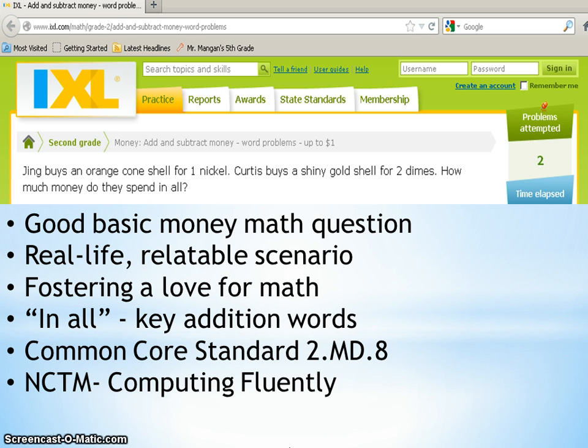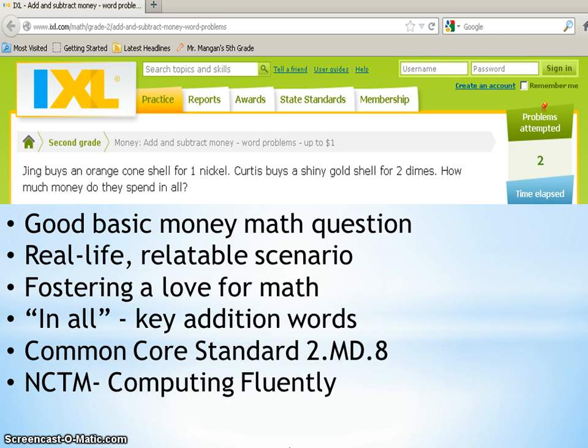This is an example of a good basic money math question within elementary. The reason why it is considered a good question is, first of all, it provides a real-life, relatable scenario for second graders. This is important because it will foster a love for math for these young people, because they can understand and see that math is important right now, and